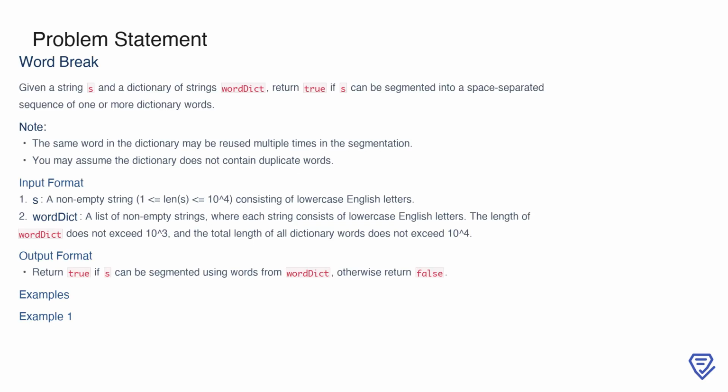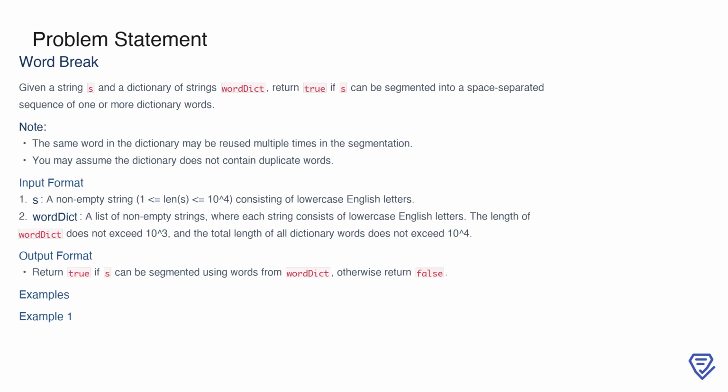In this problem, we're given a string S and a dictionary of strings called WordDict. The goal is to determine whether the string S can be segmented into a sequence of one or more words, where each word must come from the dictionary. Importantly, the same word in the dictionary can be reused multiple times when forming this segmentation. For example, if a word appears twice in the string, it can still be matched using just one entry in the dictionary. Additionally, you can assume that the dictionary does not contain duplicate words, so each word in WordDict is